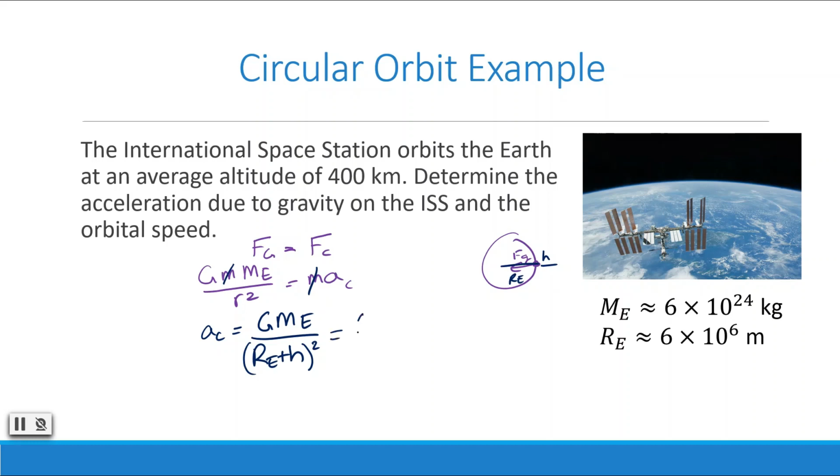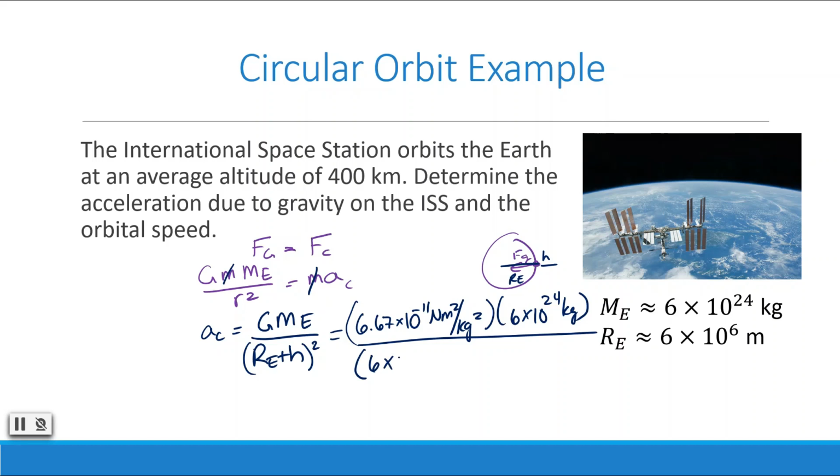So we can then plug in G is 6.67 times 10 to the negative 11 Newton meters squared per kilogram squared. The mass of the Earth is about 6 times 10 to the 24th kilograms. The radius of the Earth is 6 times 10 to the 6 meters, plus 400 kilometers, which is 400 times 10 to the 3rd meters, and that gets squared. So when you plug in, our centripetal acceleration